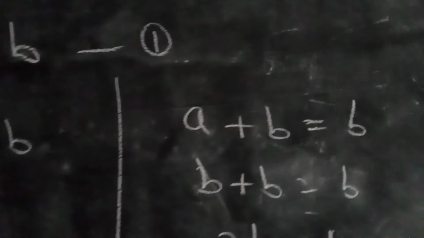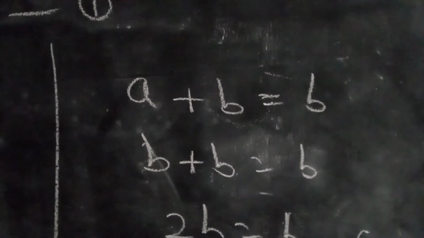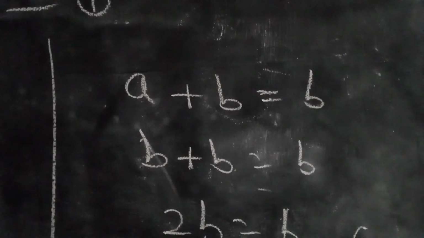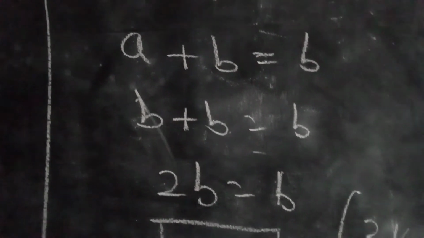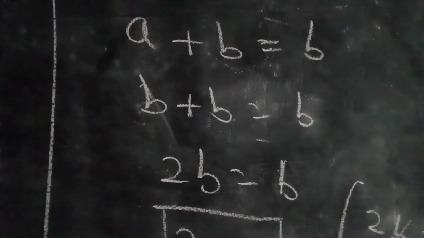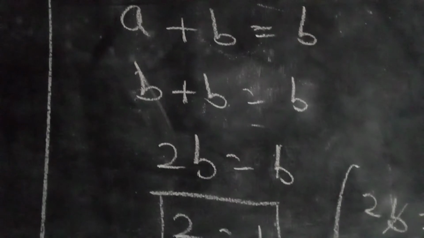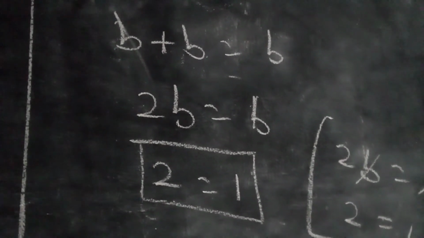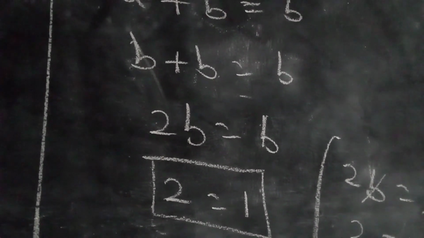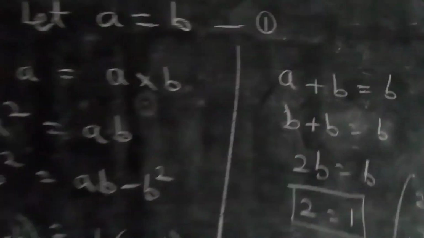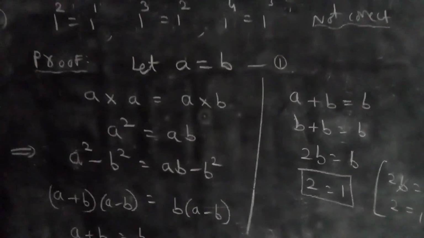So whenever A plus B equals B, from equation 1, what is A? B. Right. Here then B plus B equals B. 2B equals B. B cancels in B 1 time. Then 2 equals 1. So this is the best proof to prove that 2 equals 1. Once you see all the sum clearly, here this is the sum.